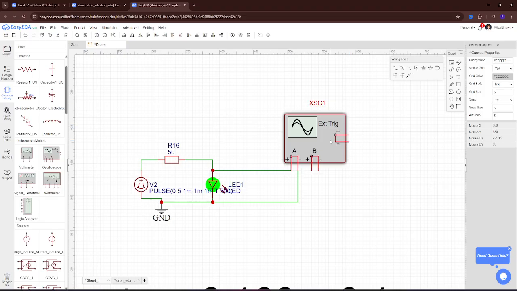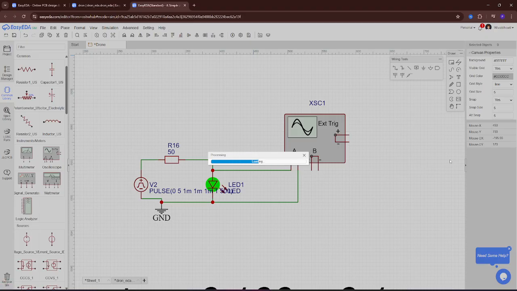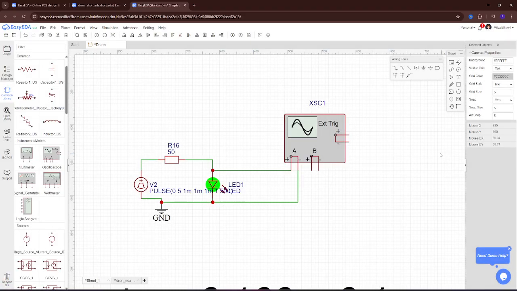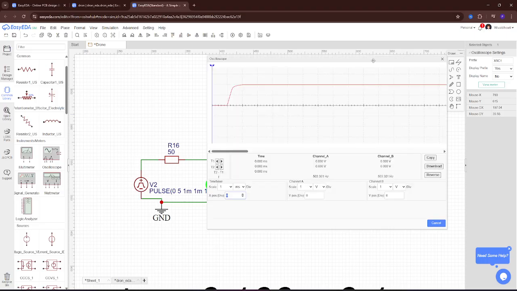Now you will connect this oscilloscope to your circuit, and with these probes you have just A and B options, and after that you will run the simulation. When the simulation is done, click on the oscilloscope, and here on the right side you will see View Meter. Click on that and you will